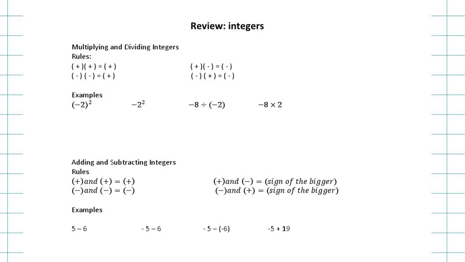So let's look at the first example here. I have negative 2 all in brackets to the power of 2. What does that mean? If I want to write it in multiplication, what am I doing here? That's right. I have a negative 2 multiplied by itself. That's what squared means. Okay? So if you have, I'm going to give you another example. So if a squared, right? That means a times